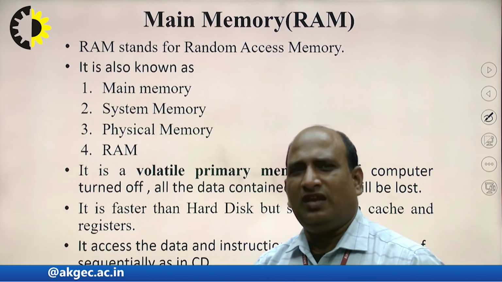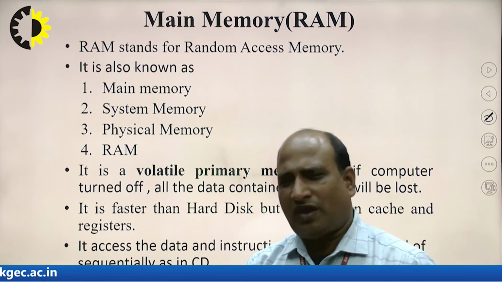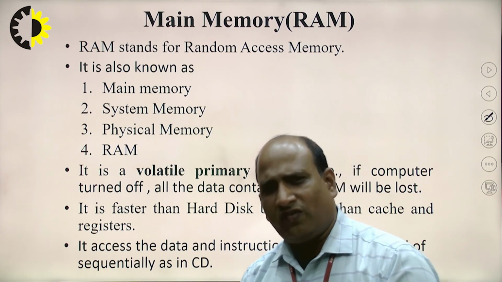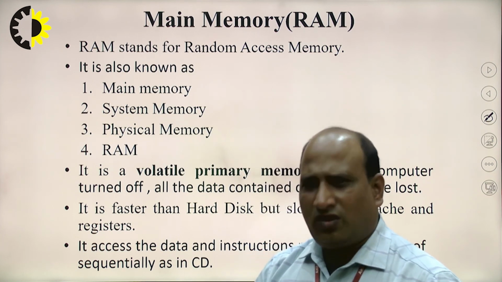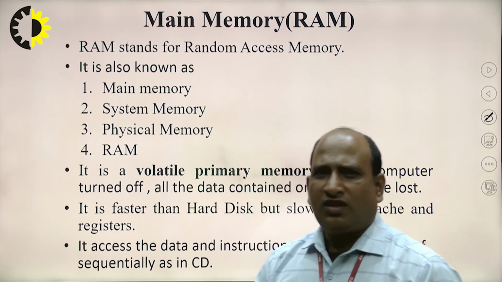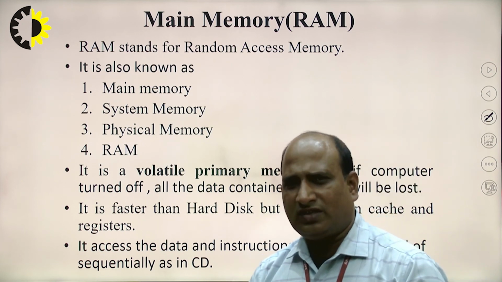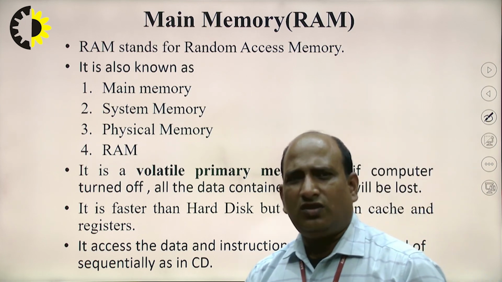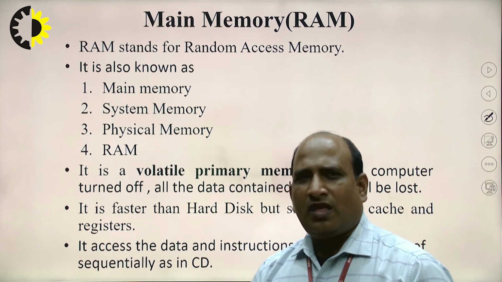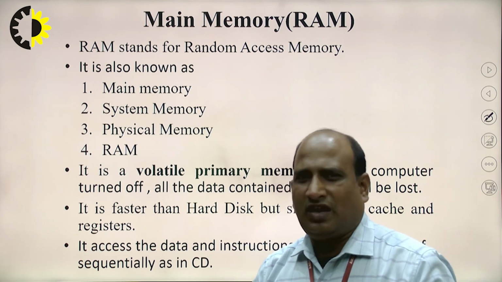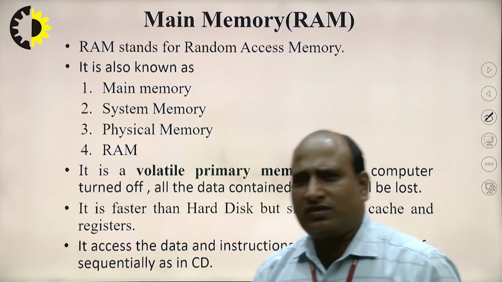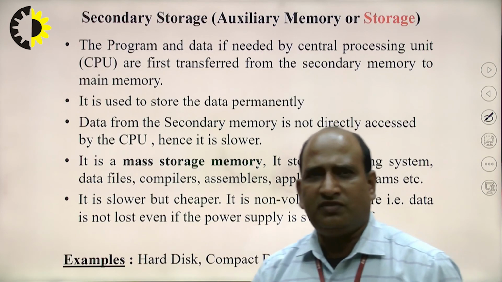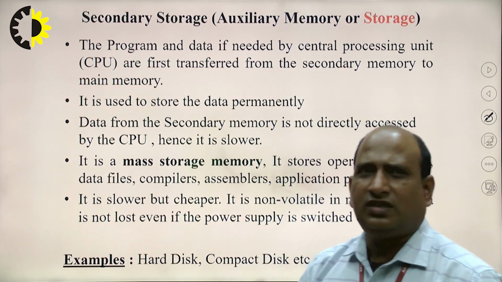It is volatile. Volatile means that when the power is on, data remains in the memory, but once the power is off, the data is lost from this memory. It is faster than secondary memory, faster than the hard disk, but slower than the register. It is also slower than the cache memory, and cache memory is also made up of RAM. It accesses the data and instructions randomly instead of sequentially as in a compact